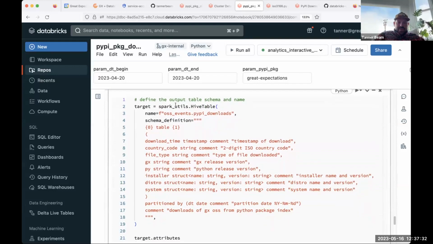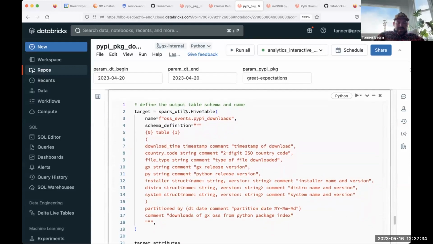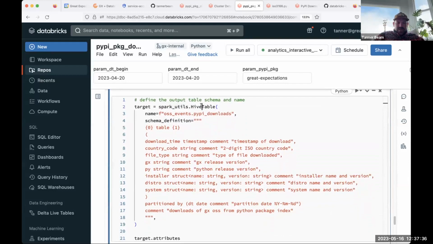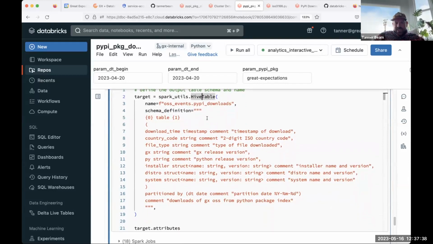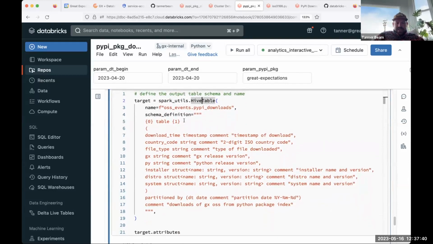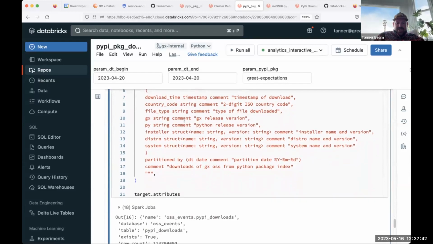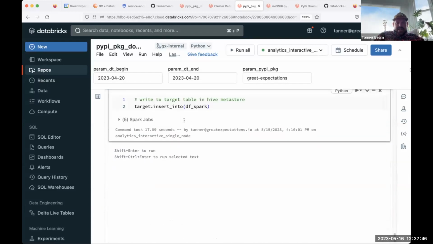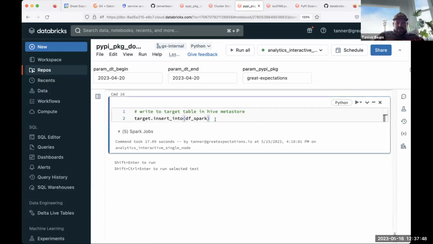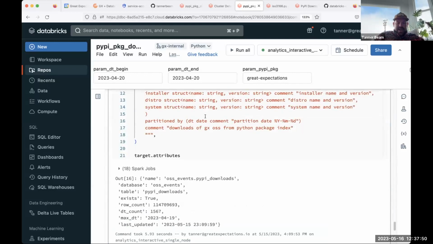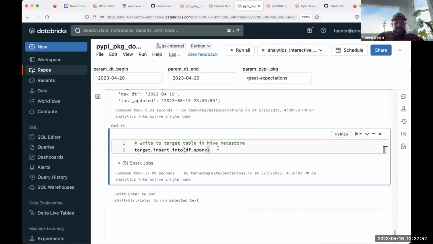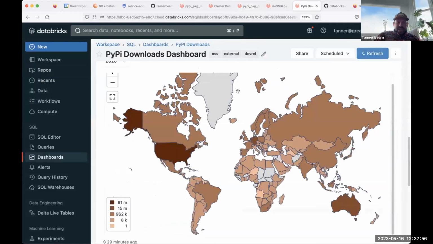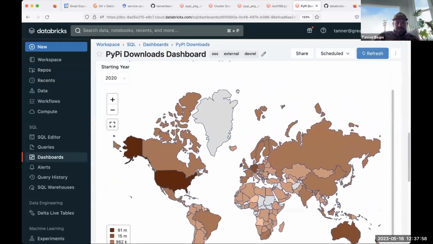And so I have some utility modules that are defined elsewhere. And I say, create a Hive table class because I'm using the Hive metastore. Here's my schema definition. Create that schema if it doesn't exist. And then insert those rows into that Hive table, right? So new rows get inserted every day. And then I expose that in the SQL